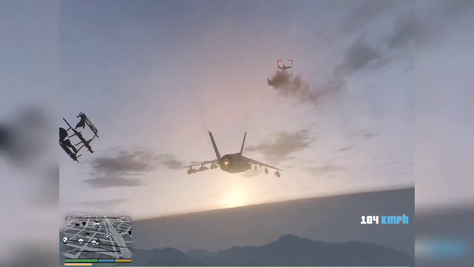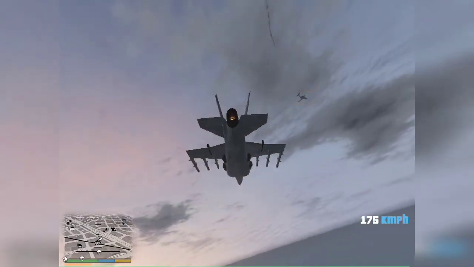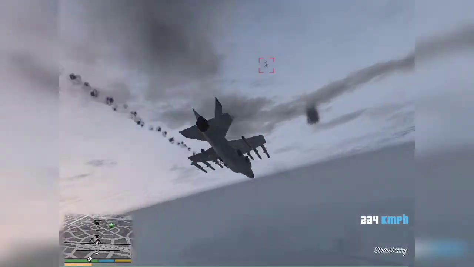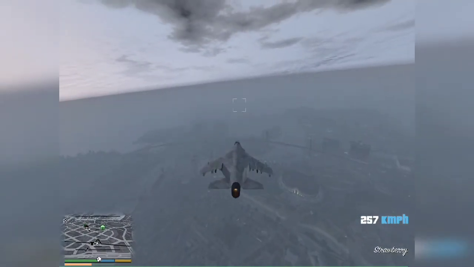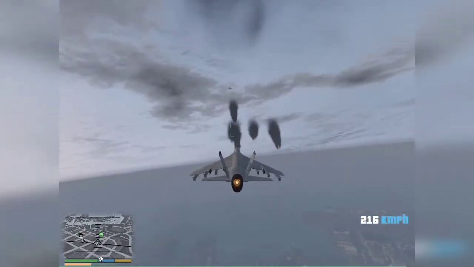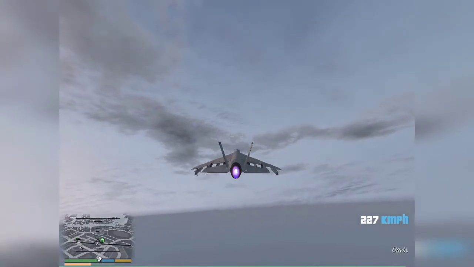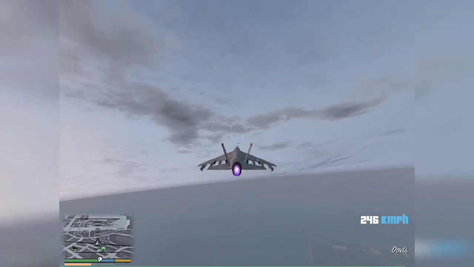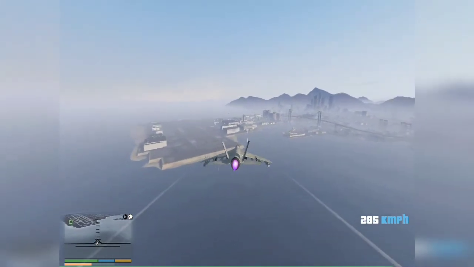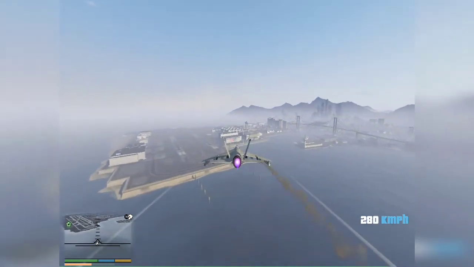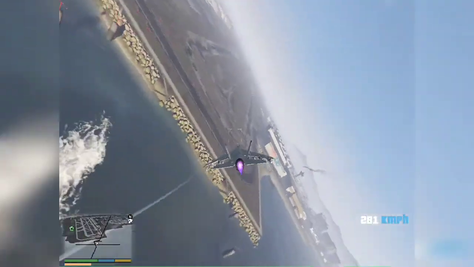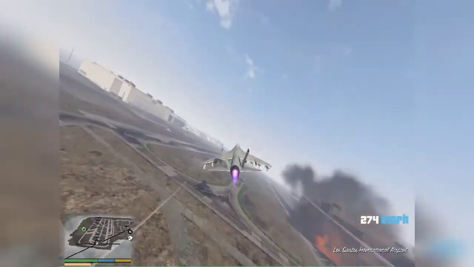I am using the fighter jet Hydra. I think its explosion effect is quite nice on the ground. It looks nice.